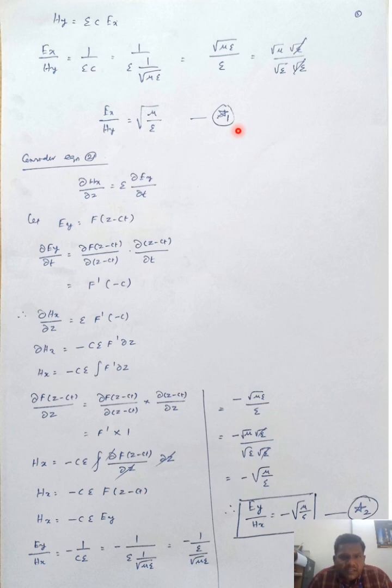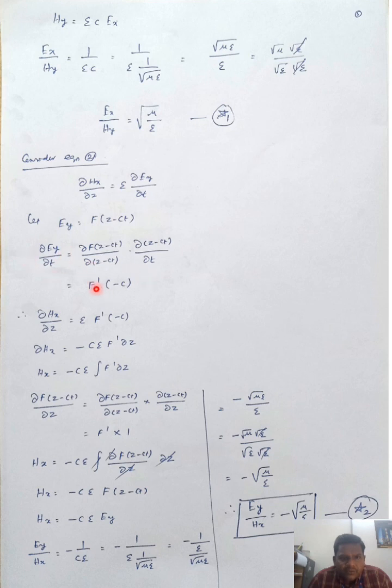Likewise, I am deriving the solution for the second part by means of the magnetic field. For that, I am taking the second equation. To find the solution for the second equation, I am considering Ey is equal to f of z minus ct. Taking this Ey with partial derivative with respect to t, it leads to f dash into minus c. Replacing this